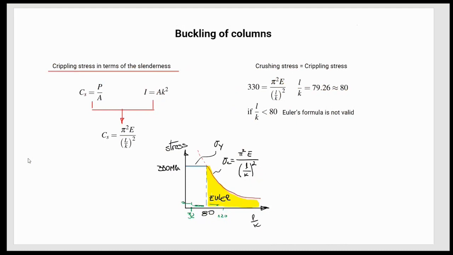If I plot Euler's formula, it's going to give me this red line here. But this is going to be asymptotically approaching the vertical axis, and it's not, from an engineering standpoint, something that is practical. So if we consider 330 megapascals as the yield strength of the material,